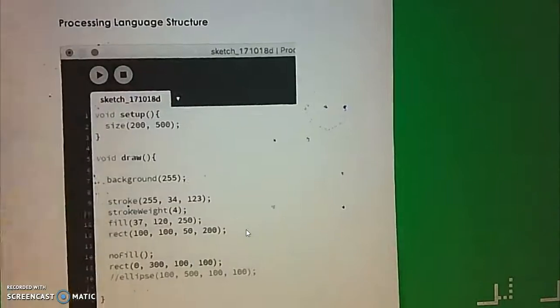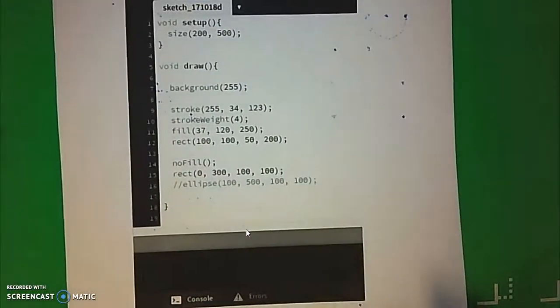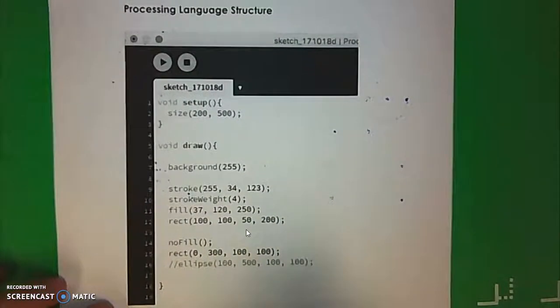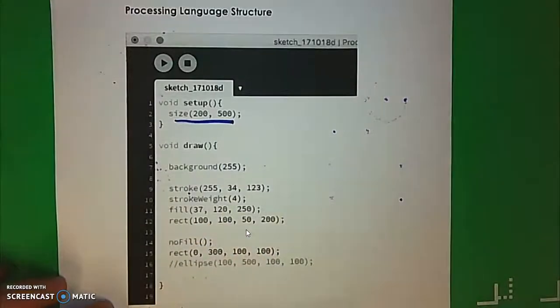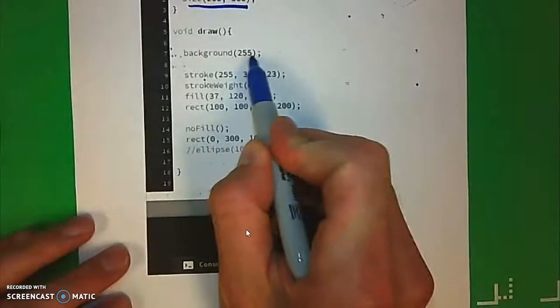Okay, there's one more thing I'd like you to do, and that's on the back of this handout. There's some sample code. I want you to play around with some of these settings. Some things to note here: this is the total size of the canvas. That's the total size you have to work with. Background can take a